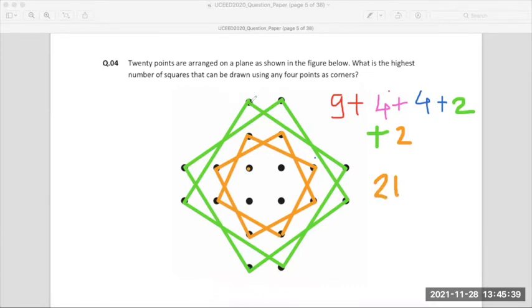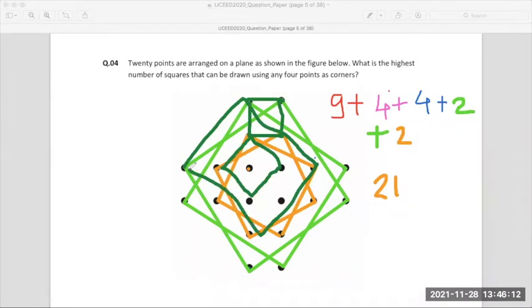So क्या किया हमने? What we did is we took combinations. We took single combination, which is this square, single combination. Then we took the diagonal ones. And then we took the bigger ones. और फिर हमने वो डायमंड वाला शेप चालू किया. This is a 45 diamond and this is a 30 and a 60 diamond.